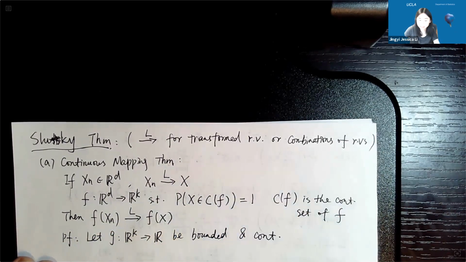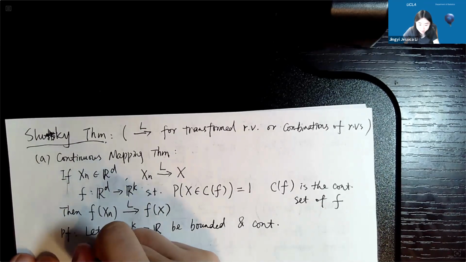That's actually the second type of G in the Portmanteau theorem, bounded and continuous. Okay, so by Portmanteau,